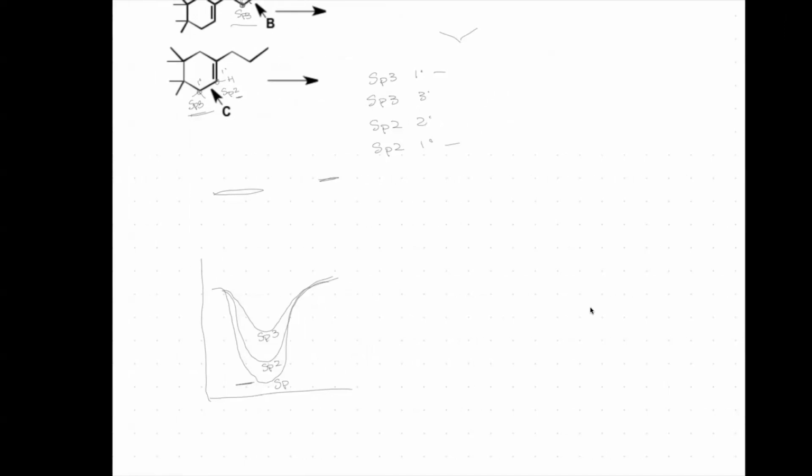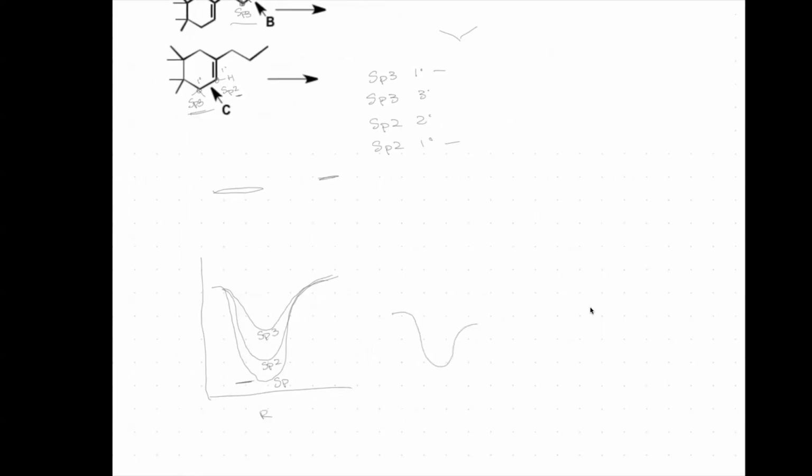For radicals, once they come out of it, let's just say these are reactants and this is our products. Our products are all the same, right? We just wanted to know what our dissociation was for each of these. So for radicals, our reactants are all the same, our products are different. Then you have methyl up here. Me, right? So if your reactants are the same, but your products are different,